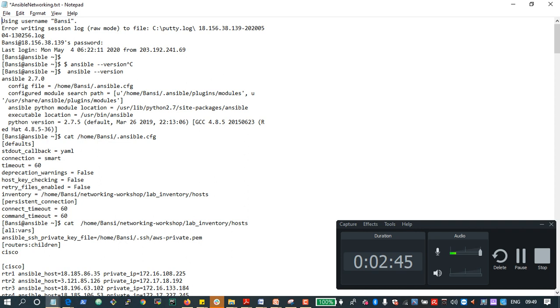Inventory I have given as home, networking, workshop, lab, inventory, host. You can give your own; the connection time is all default, so only the inventory file you need to specify. Remember, if you are using the default inventory file, then /etc/ansible/hosts is the default one. If you are specifying an inventory file in a different location, you need to specify -i.